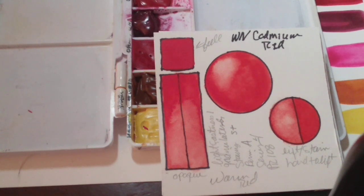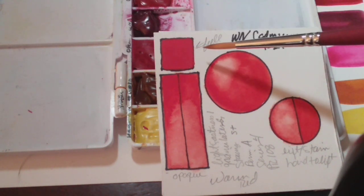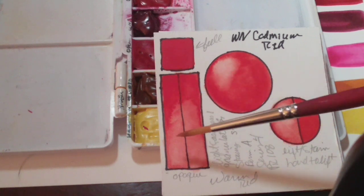Winsor Newton Cadmium Red. It's beautiful. I love it. So I have all the same notes. Now, this spread so well. It was just so smooth getting it on. It did wonderful coverage. It's a little bit opaque. It's not super, super dark opaque, but it's certainly not